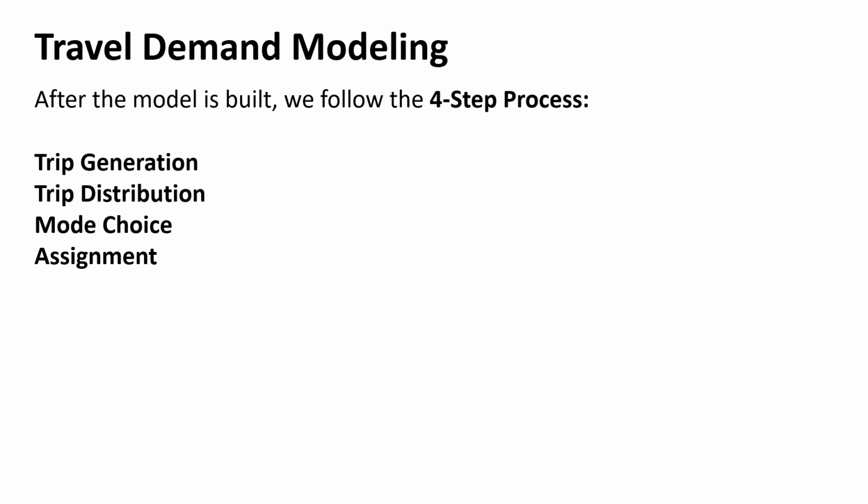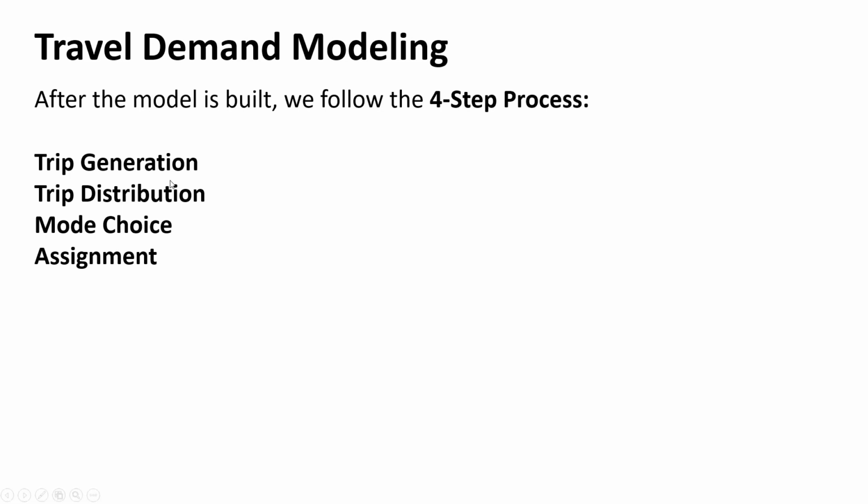All right. So once we get this model built, we're going to use it to go through all these steps. And a lot of this stuff is kind of iterative, right? To check the model and make sure it's built right, you had to do some of this first. And now we're going to use it to predict things into the future. And so trip generation, we've talked about two different ways we can get trip generation numbers. Then we go into trip distribution, then mode choice, and then finally assignment, which is putting cars on the road. And we just talked about checking the model. You had to have assignment for that, and then we're coming back around to this. Like I say, it's an iterative thing.